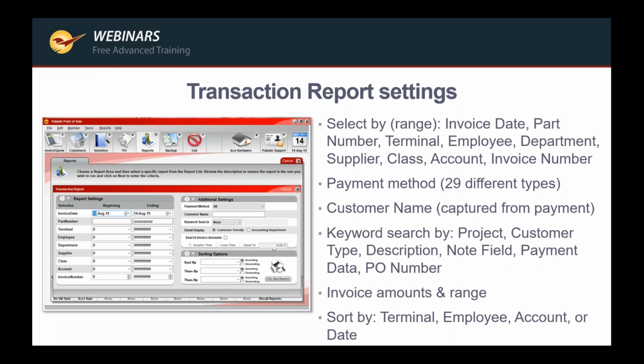So in the transaction report, I mentioned we were going to kind of talk about some of the ways you can deep dive. There are so many ways that you can search for a very specific invoice using the transaction report. Earlier, we talked about keyword searching, whether that is a custom note that you put in there, a description that you know has that keyword in it, you can search that way. But as you can see, there's so many other ways to slice and dice this report by date, part number, employee, department, class,